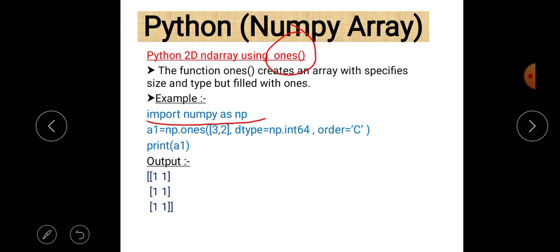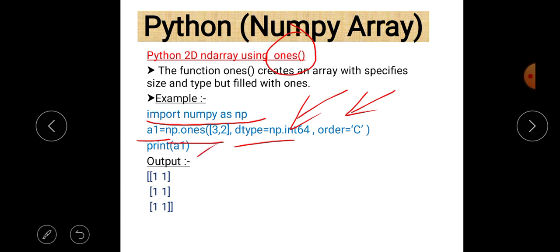In the second line, a1 is equal to np.ones(3, 2). So (3, 2) gives you the size of the numpy array. Then dtype tells you the data type is int64, and at last order C, which gives the order of the data, and last print a1.